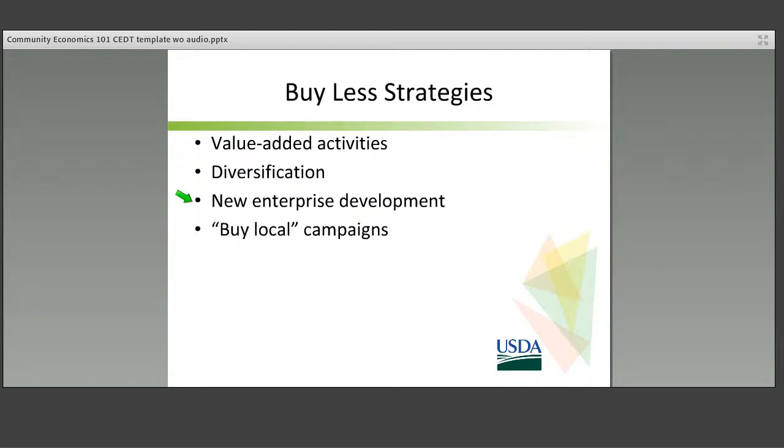And then finally, there's sort of the buy local strategy, where you just simply encourage people through social promotion to look at their local businesses and consider buying there before they buy somewhere else. So, buy at the local hardware store instead of the big box retailer 50 miles away, those kinds of things. So those are all things that fit into that buy less mindset. So all viable strategies to consider, and that brings me to my next point,